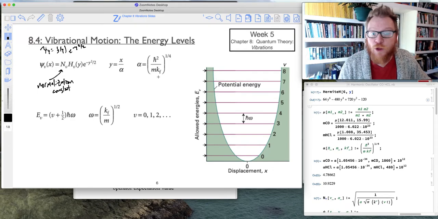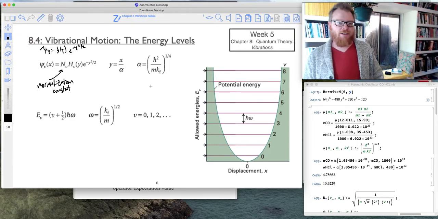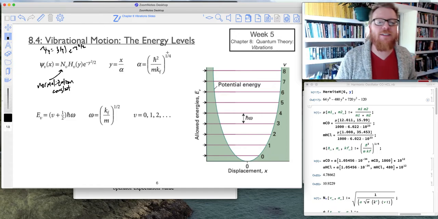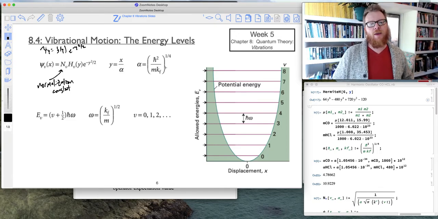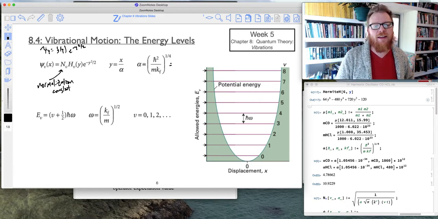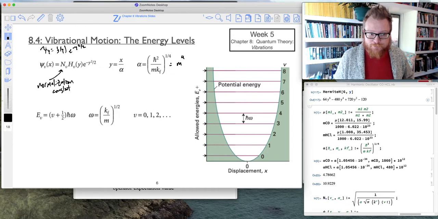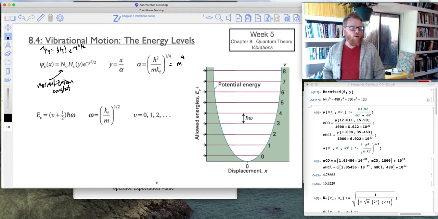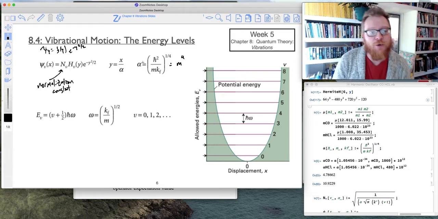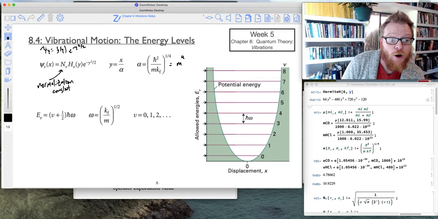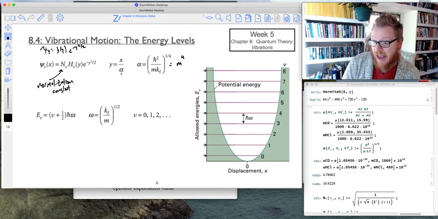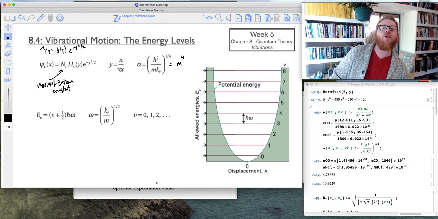Okay, well, here's all of those constants that we collected, all right? And this is standard to give them in the 1/4 power. The reason for that is that if we were to do a unit analysis on all of these constants, we would get that this alpha term is meters to the 4th power. So by taking the 1/4 root of it, we get units of meters. And then now check it out. Our y equals this x divided by alpha, where once again, alpha was a collection of all of those constants,